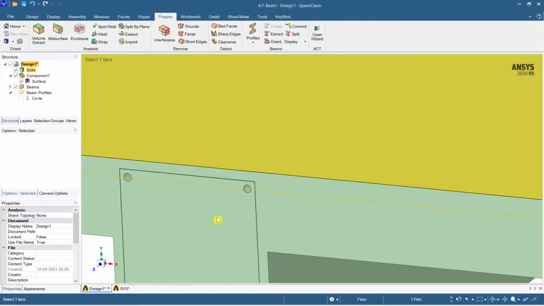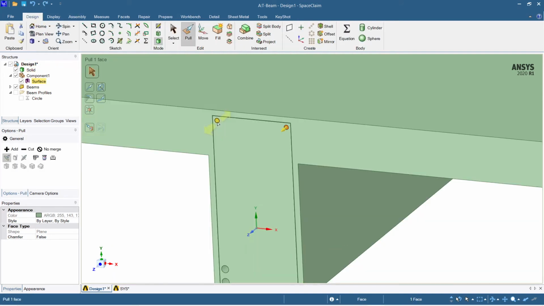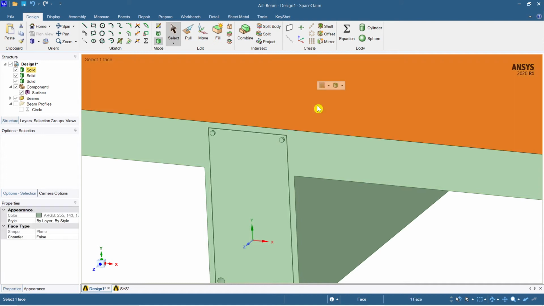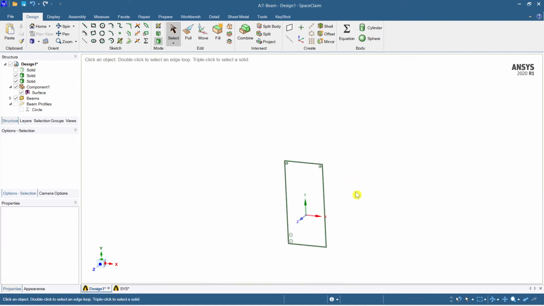New component. So what we'll do is just see this. What I'm going to do is just extrude them. Let's take this as some 10 mm. We'll take it. Let's hide this for a moment.